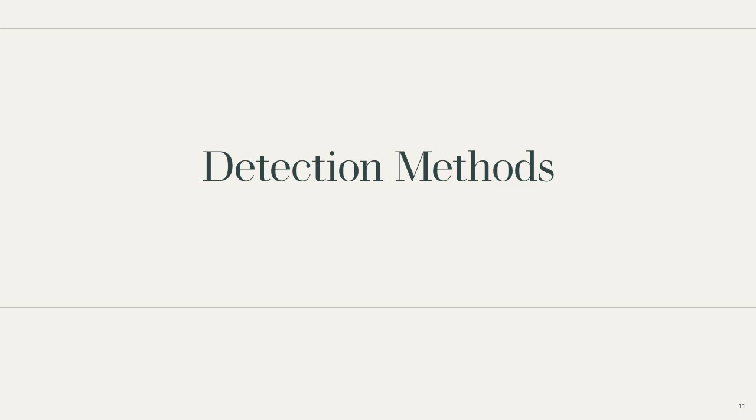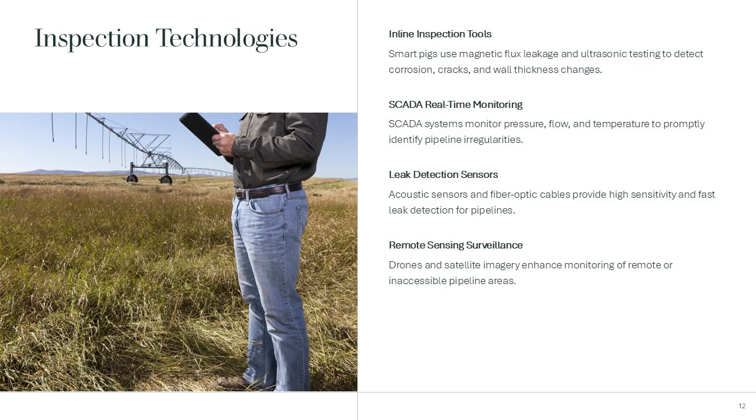Let's review the technologies used for inspection. Early detection of anomalies is vital for preventing pipeline failures. Inline inspection, ILI, tools, commonly known as smart pigs, are widely used to assess internal conditions. These devices employ technologies such as magnetic flux leakage, or MFL, and ultrasonic testing, or UT, to detect corrosion, cracks,